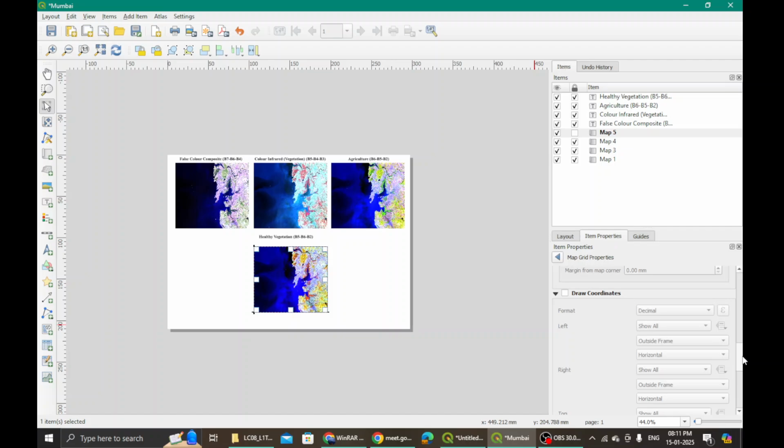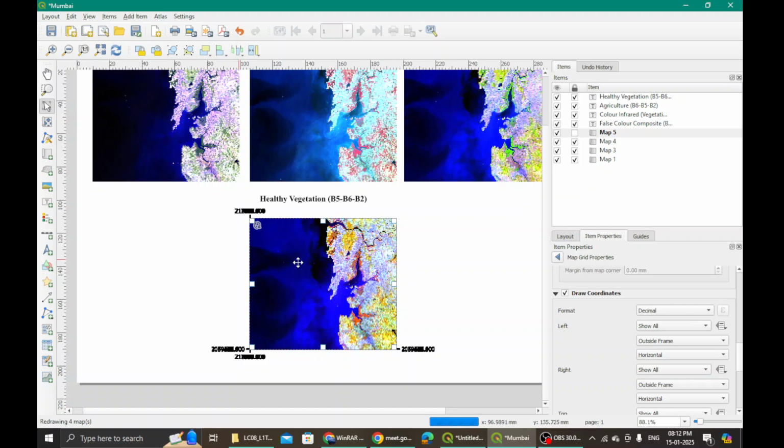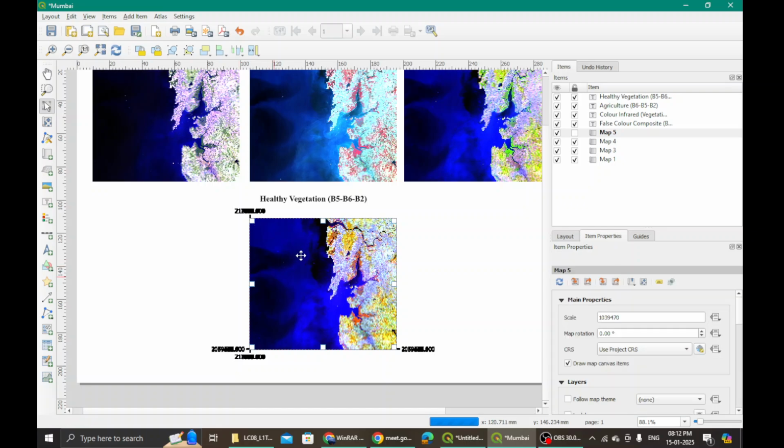Everywhere I will have some grid. And draw coordinate. Once I click this draw coordinate, the coordinates will get populated here. What we can do, we can zoom in onto this map and we can check what has happened. Okay. It's taking a little longer to load.